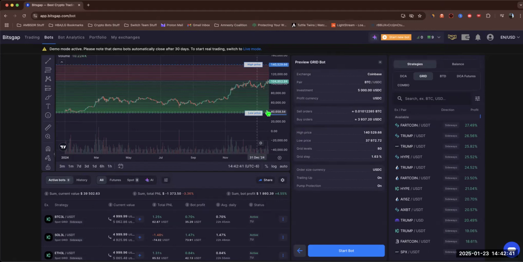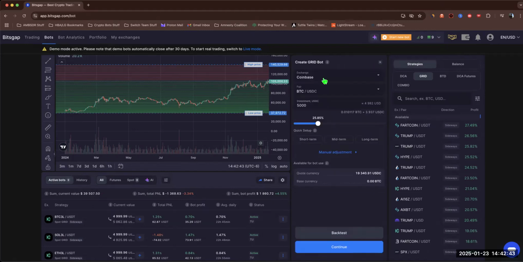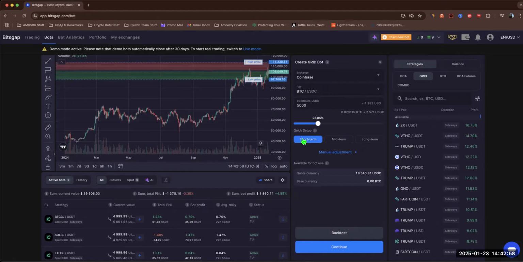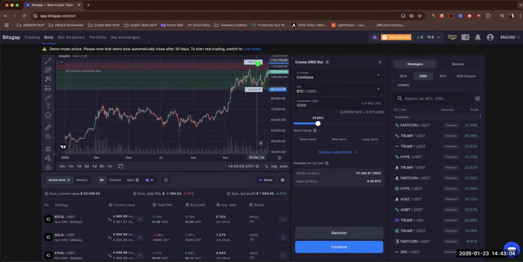If you did want to play around with staying in the less risky Bitcoin, you can try out the short term, and maybe just say, hey, if it goes back down to 88, I want to scoop that up and I want to sell all the way up to 115, which is kind of the range it had. And we can backtest this. So click that and it's going to give you